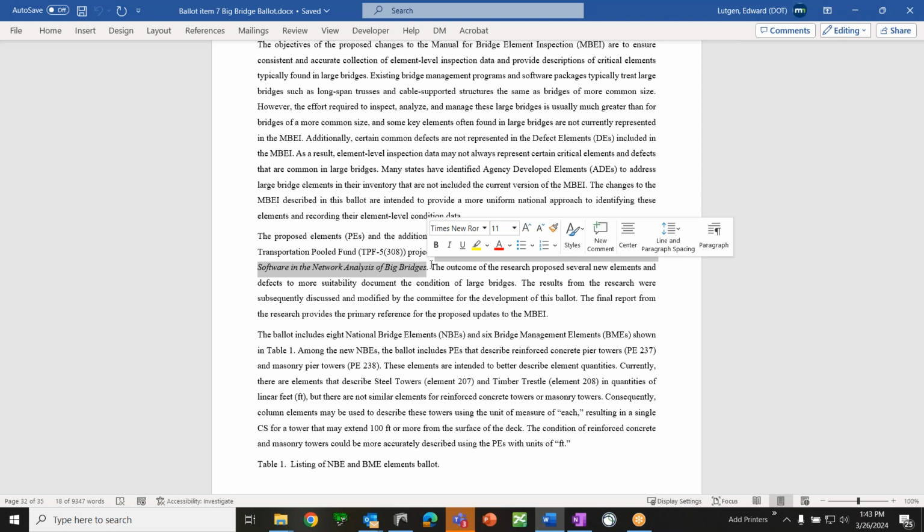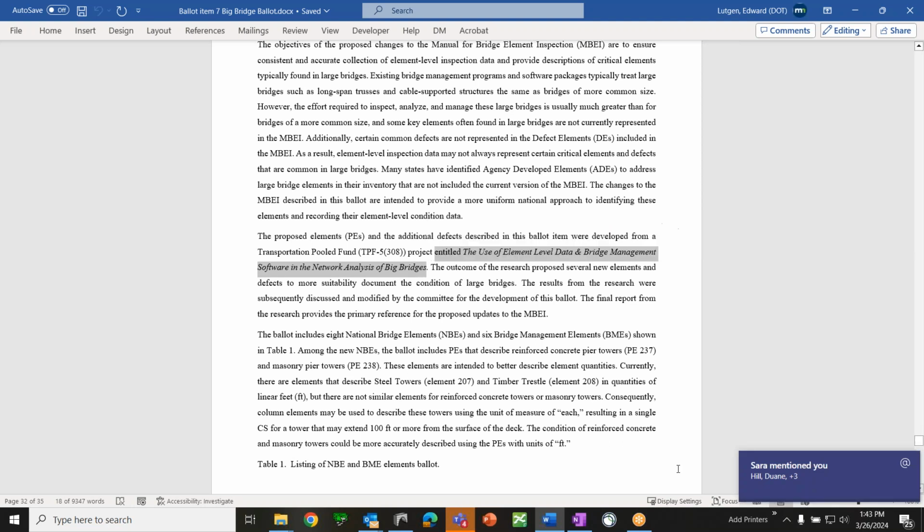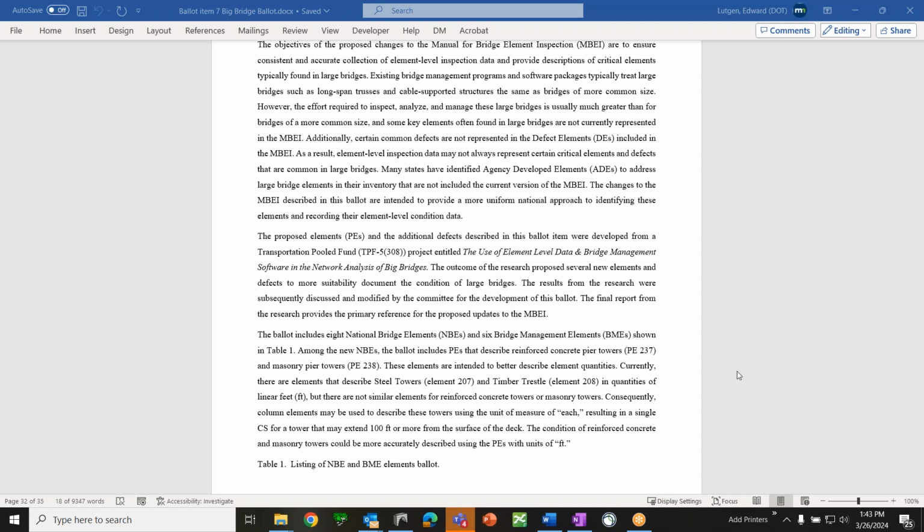And so the thought would be that any curved or skewed steel or concrete bridge may have to have this new element added. We felt that this was a little onerous to states and not as beneficial. So we removed those elements and did not include them as part of the ballot items, because there are multiple states, including Minnesota, that said they wouldn't vote for the ballot if it included those elements, because it would